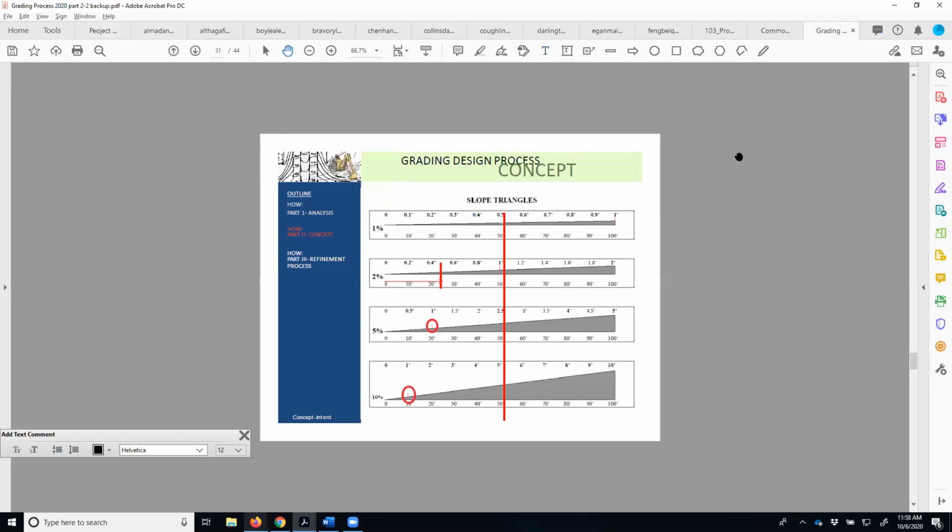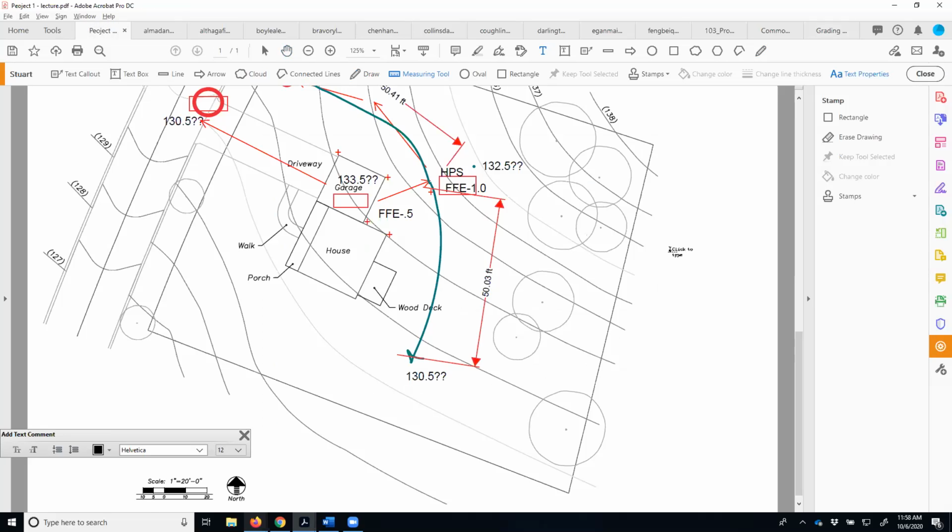I know that that's going to be acceptable because I look over here and I've got 2.5 over 50 feet. So I know that's going to be an acceptable slope. I happen to actually know that it's going to be a 4% slope because 2 feet